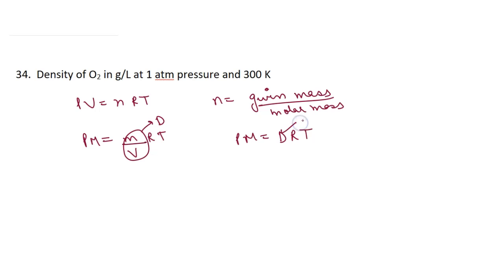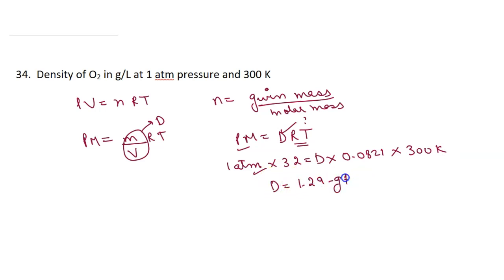So this factor is asked and pressure given is 1 atmosphere. Molar mass of oxygen is 32 gram per mole. Density we have to find, and R we will take in atmosphere and liter, that is 0.0821, and temperature given is 300 Kelvin. On solving, this density was 1.29 something gram per liter, and the option given was 1.3 gram per liter. So we approximated it to 1.3 gram per liter. Moving to next question.